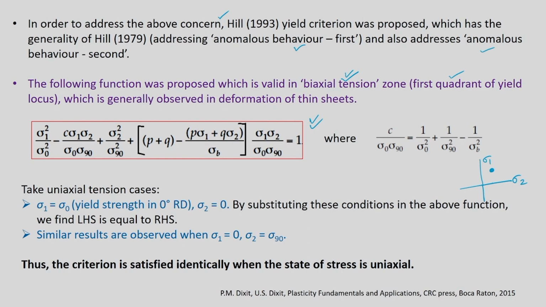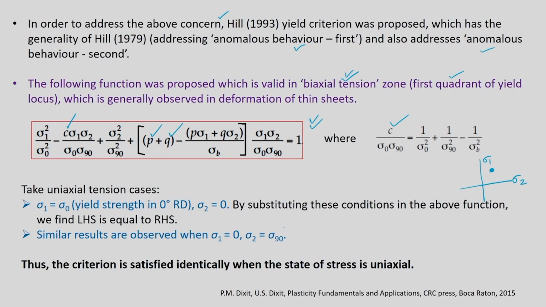Of course, sigma 1, sigma 2, sigma 0, sigma 90 are all known to us except 3 things: C, P and Q. These 3 are a bit different. C is also given here. C is a function of sigma 0 and sigma 90, which are nothing but the yield strengths at 0 degree and 90 degree with respect to the rolling direction. If you know sigma 0 and sigma 90, you can get C and substitute it here, but you need to know P and Q. So this equation